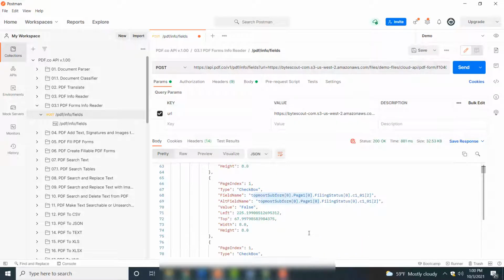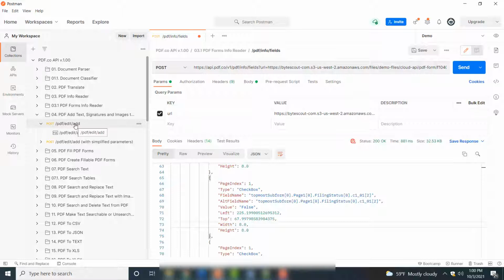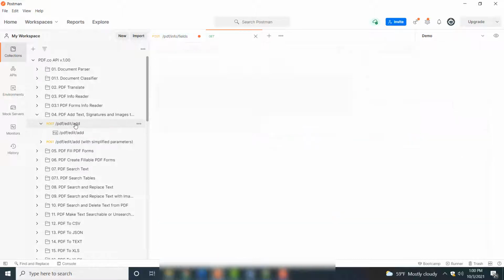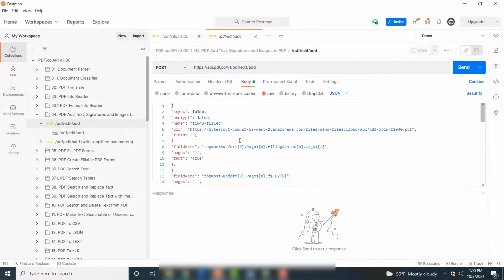The next step is to actually fill these fields using pdf.co. For that you have to go to another service here, which is PDF add text, signature, and images. Here you have to click this option, and then you have to go to raw. Here you have to copy and paste